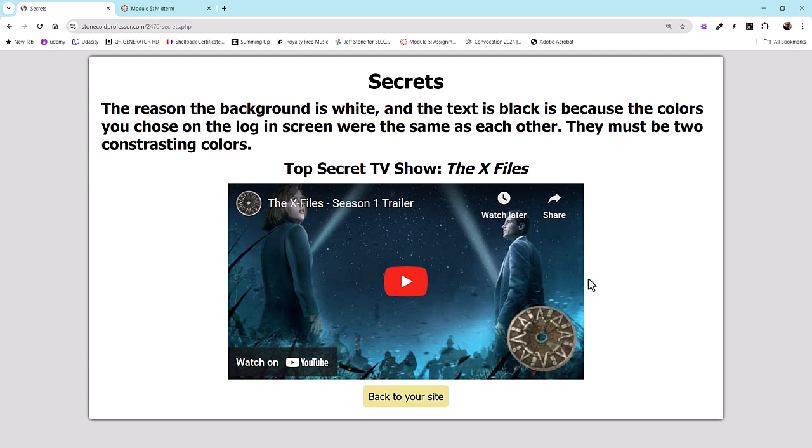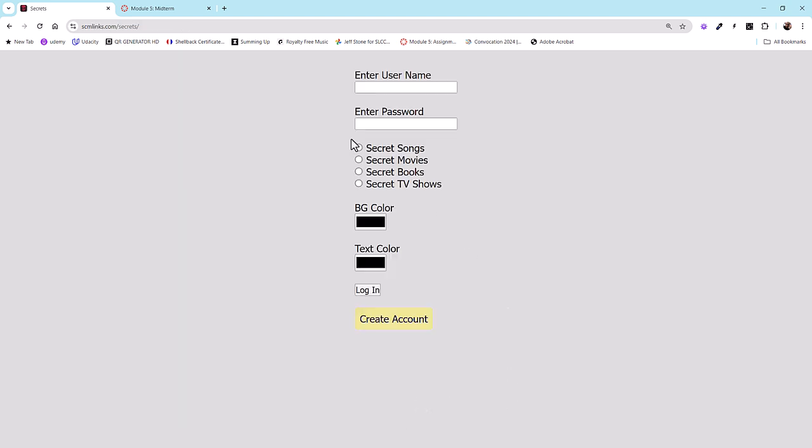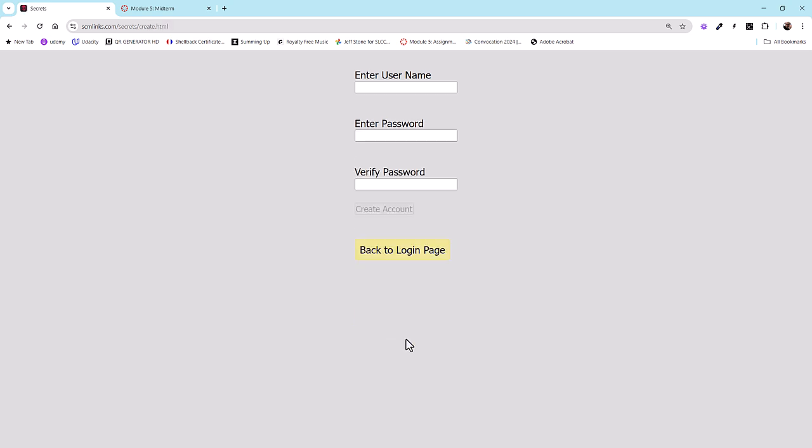All of this stuff you're seeing here is all managed by my PHP code. You don't have to worry about any of that. All you have to worry about is this page, and you have that button. When you click it, it will go to my PHP code. And then the create account page, same thing. You fill it out, click create, and it'll go to my PHP code, and all the error messages over there are captured by me.